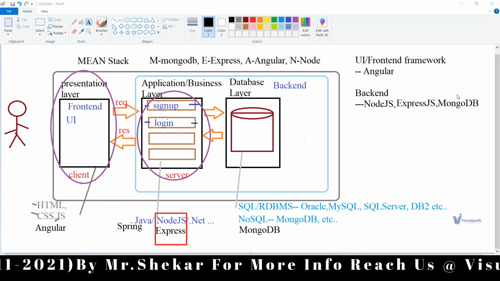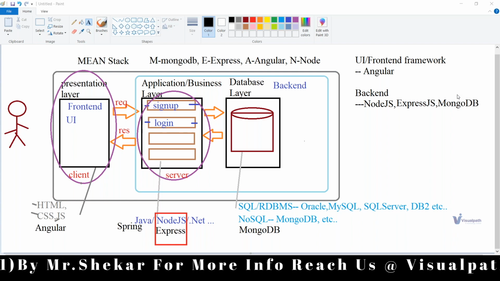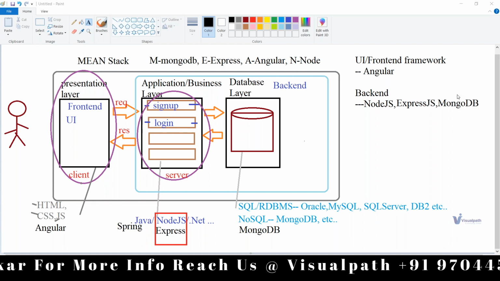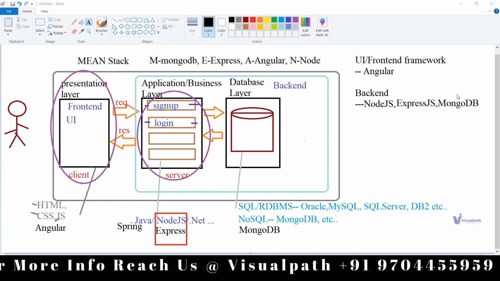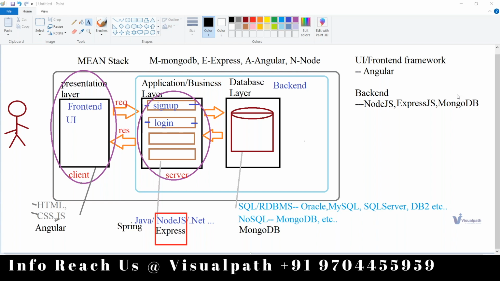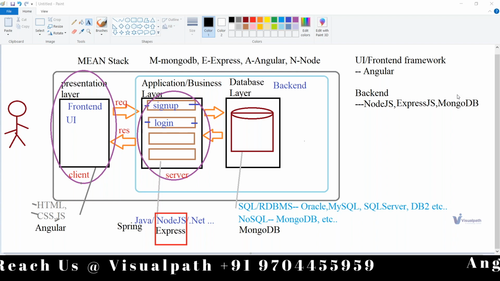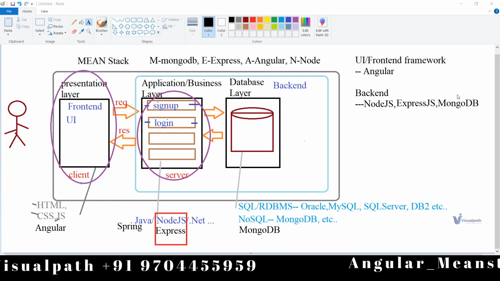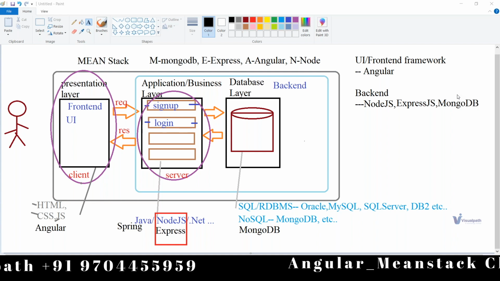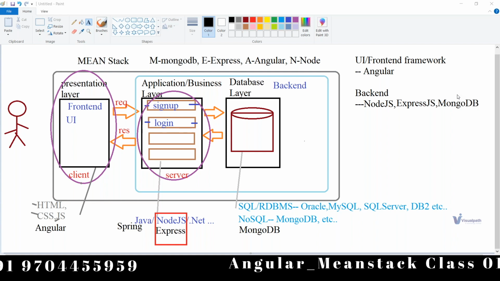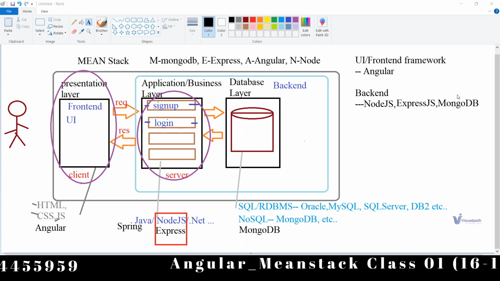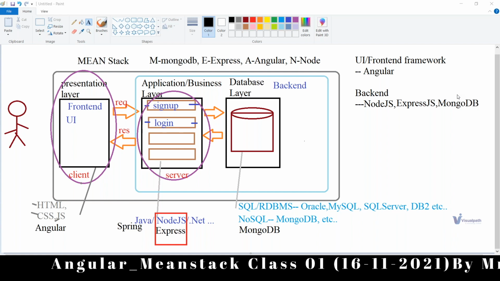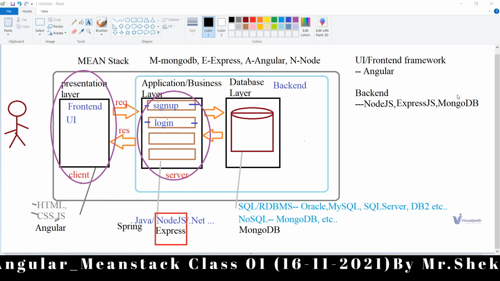And Keshav, do we need any prerequisites, or can we go ahead with absolute zero knowledge also and start with the class? Yes, that's what I'm telling. A basic understanding of HTML and CSS would be an advantage, like what is HTML, what is CSS. Basic, not a deep understanding of HTML and CSS, is required. And for JavaScript, you need a little bit of understanding. What is JavaScript? What are the basics of JavaScript? That is like a prerequisite for Angular learning.